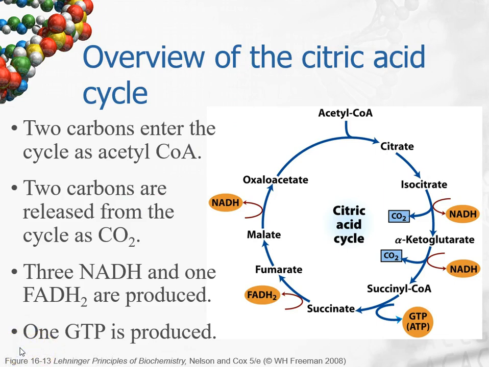So we have acetyl-CoA now. So what happens next is the acetyl-CoA will condense with OAA, or oxaloacetate, in the first reaction to form citrate. So this is an overview of the citric acid cycle, and it shows that this is a redox pathway. So the acetyl-CoA carbons right here, those 2 carbons will be released as carbon dioxide, and in the process, protons and electrons are lost. And we will generate NADH, we'll regenerate 3 of them. So we have 1, 2, 3 molecules of NADH that are generated per turn, and 1 molecule of FADH2 that's